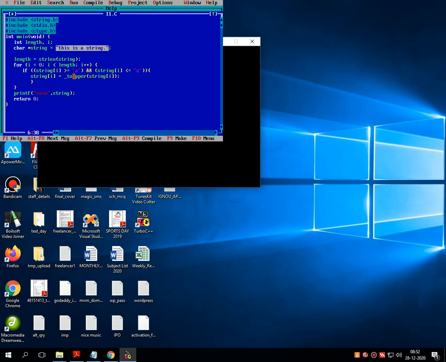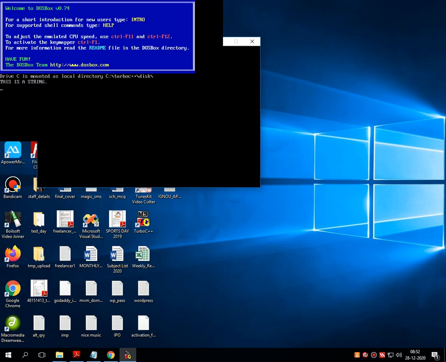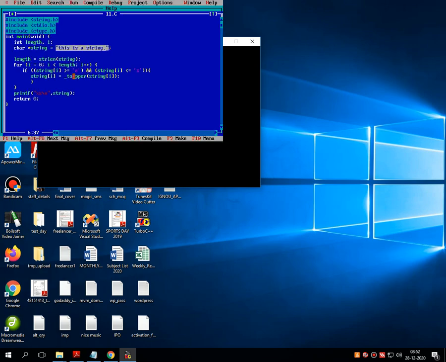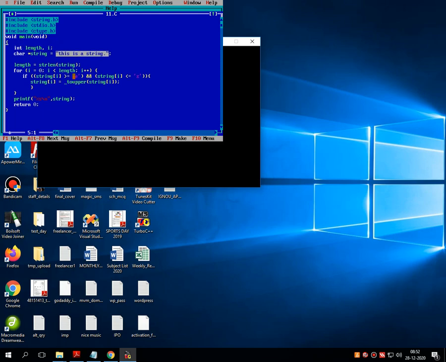Actually this string is given in lowercase, but this particular program converts the entire string into uppercase. So write down the definition for this particular program and note it down into the journal. Write a program to demonstrate the use of the toUpper function.